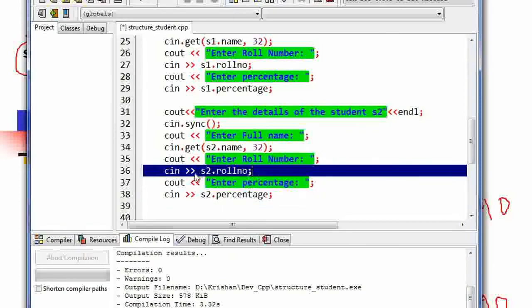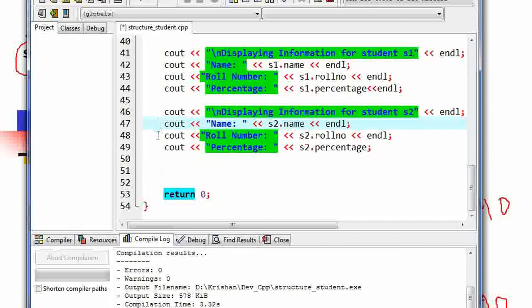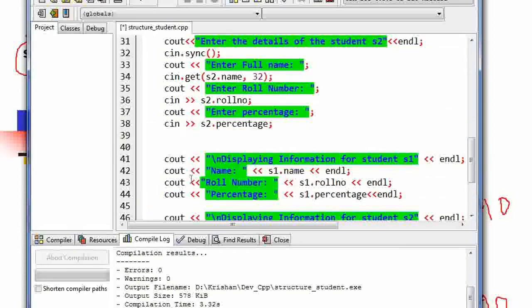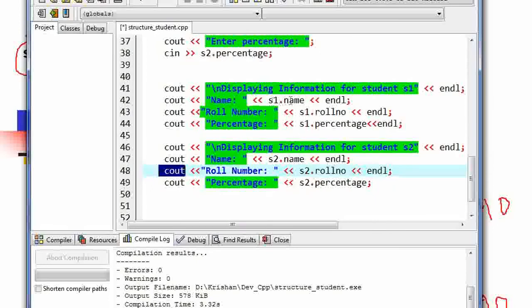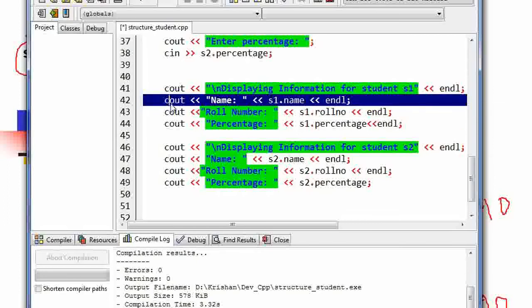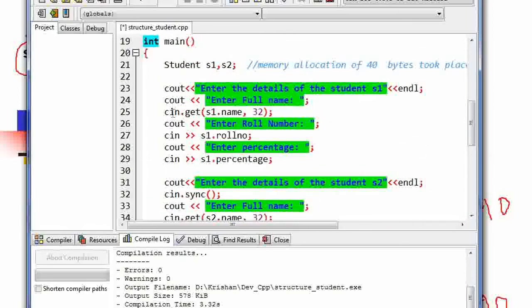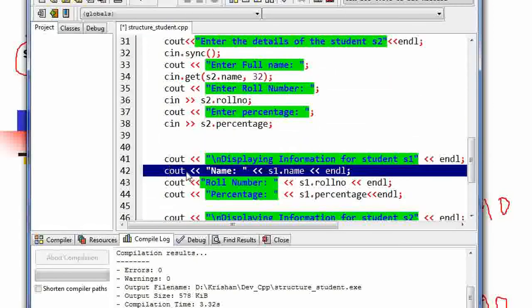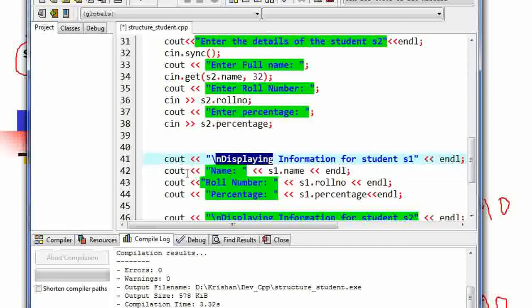अगर वो हमसे पूछे कि S2 का रोल नंबर क्या है, तो हम उसको cout ऑब्जेक्ट का यूज़ करके बताएंगे। क्यों? क्योंकि अब हम उन्हें दिखा रहे हैं, हम यूज़र को बता रहे हैं, तो हम cout यूज़ करेंगे। हम यूज़र से अगर पूछते हैं तो cin यूज़ करते हैं, ओके। अगर हम लिखेंगे S1.name, it means हम स्टूडेंट S1 का नाम एक्सेस कर रहे हैं, और उसको cout के अंदर लिख दिया। आप नोट करें ये बात, यहाँ पे cout के अंदर लिखा है, यहाँ पर पहले cin के अंदर लिखा था। अभी हम cout के अंदर लिख रहे हैं, तो इसका मतलब हम यूज़र को दिखा रहे हैं, हम डिस्प्ले कर रहे हैं, फिलहाल डिस्प्लेइंग द इन्फॉर्मेशन। cout डिस्प्ले करने के काम आता है। S1.name हमने यूज़र को स्क्रीन पे दिखाना है, सो वी आर राइटिंग S1.name।